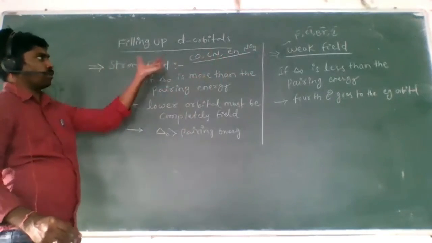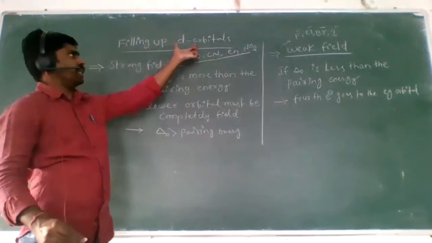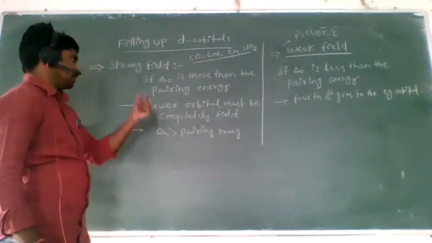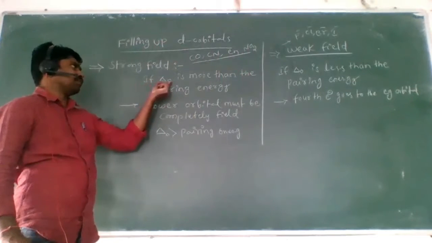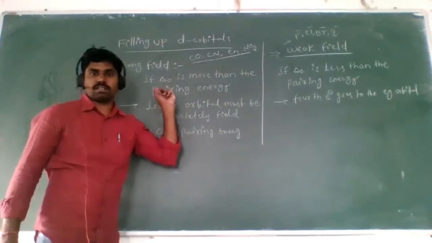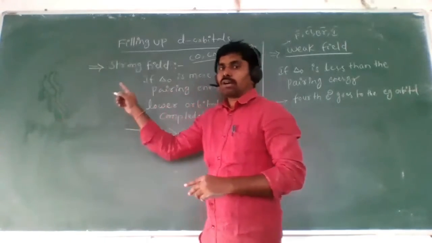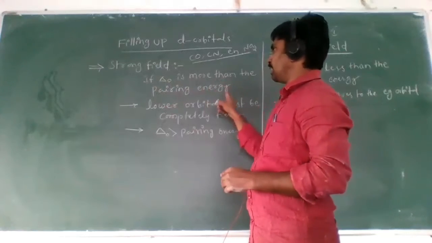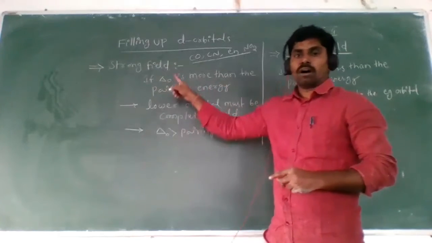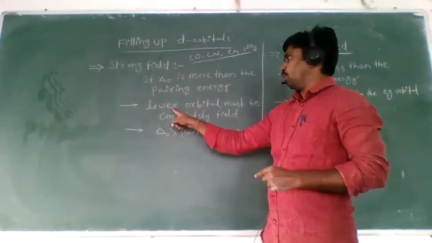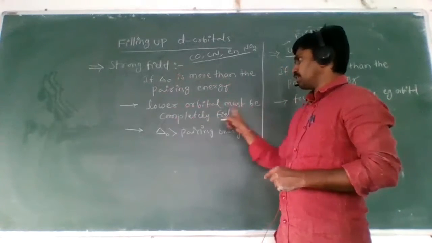In the condition of strong field, fill up the d orbitals with the electrons. How to fill there? See here, delta naught is the octahedral splitting energy. Is that clear? This is the octahedral splitting energy. Octahedral splitting energy is more than the pairing energy. What is that? Octahedral splitting energy is more than the pairing energy, so the lower orbital must be